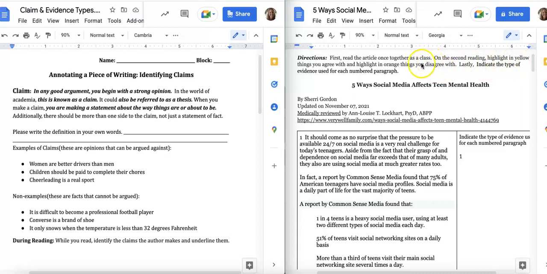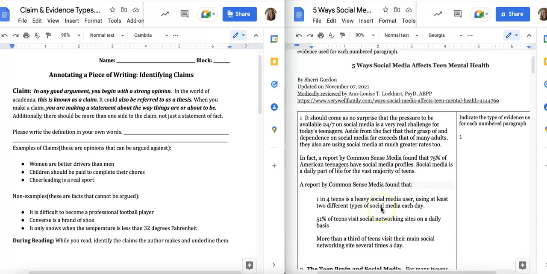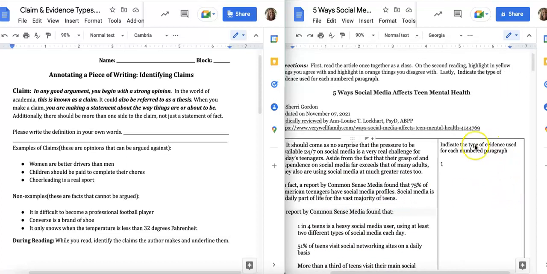If you don't have yellow and orange highlighters, then just use two different colors and indicate up here what the colors are, so that when I look at it, I know which color means agree and which color means disagree. Lastly, you're going to indicate the types of evidence that are used for each numbered paragraph. So you will read through this part of the article, and this is where you're going to be doing the highlighting. And then over here on the right is where you're going to indicate the type of evidence used